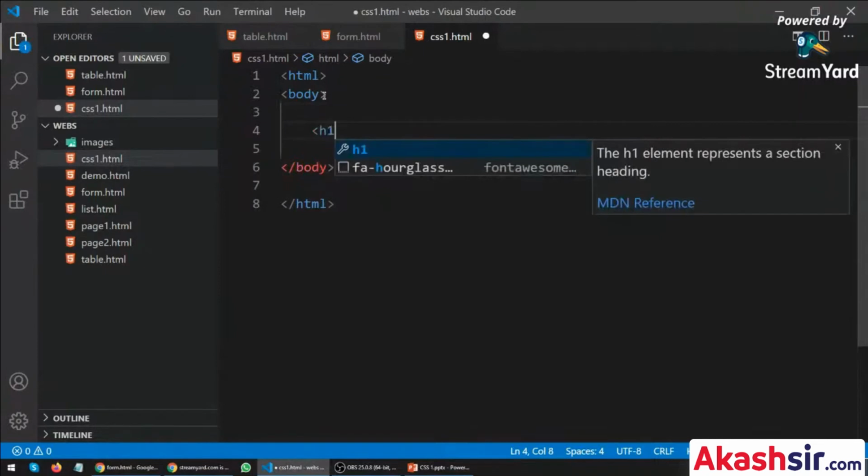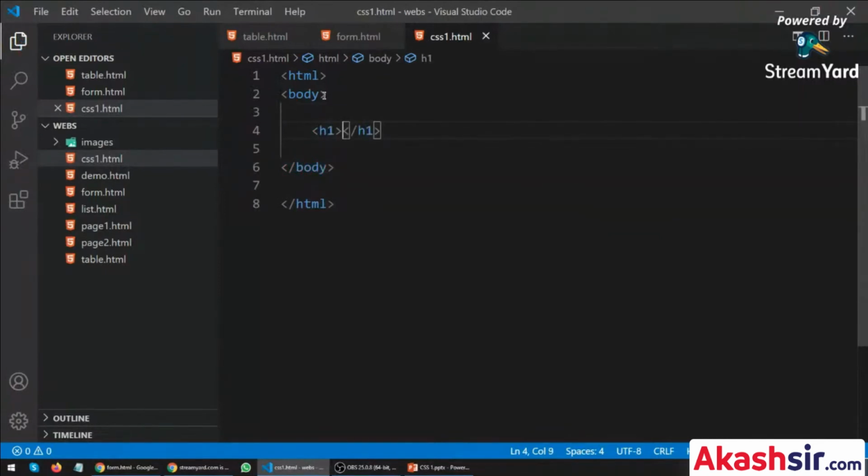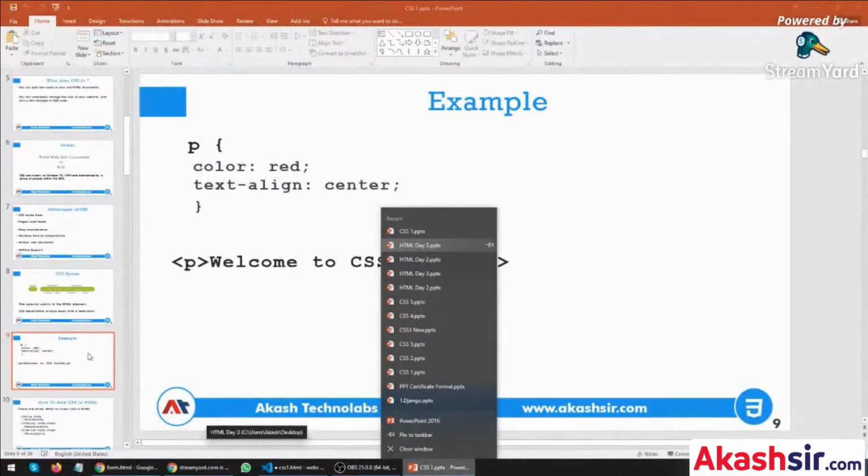Let's say this is my h1, right? And now I want to change the color of this h1. I want to change the font size. For that, what can we do? Let me first give you some theory, then we will discuss the practical,